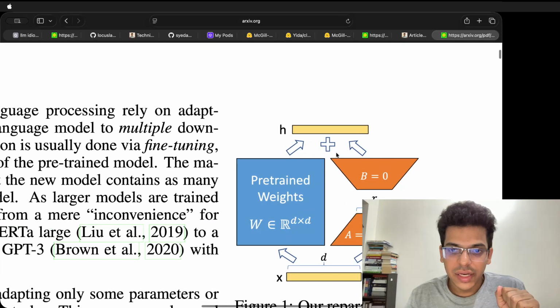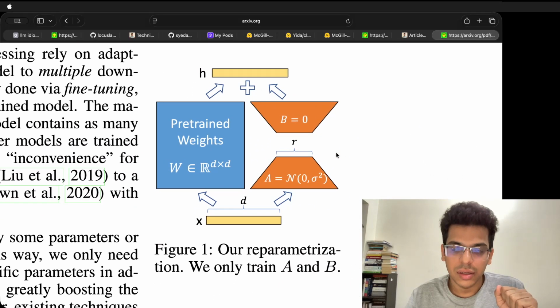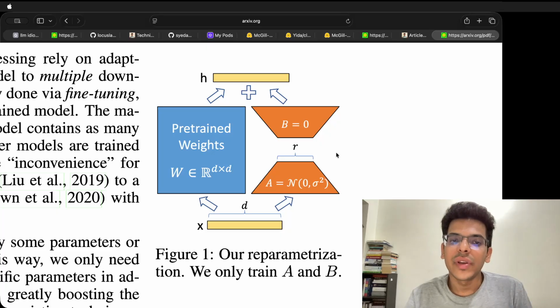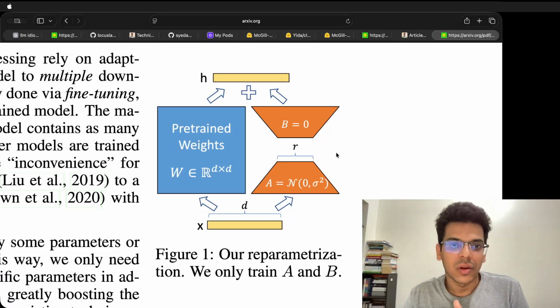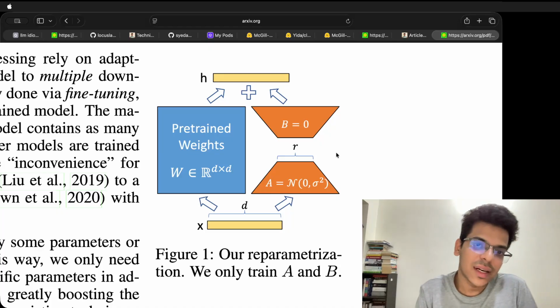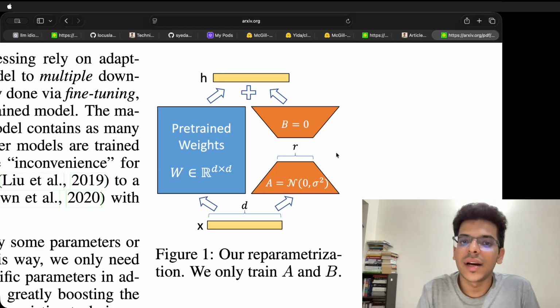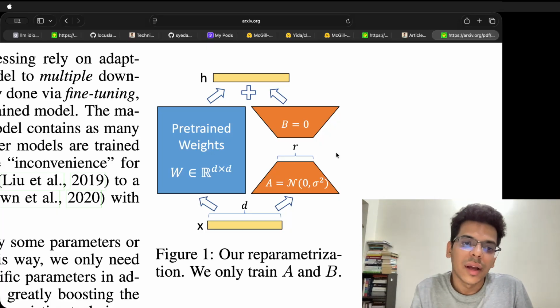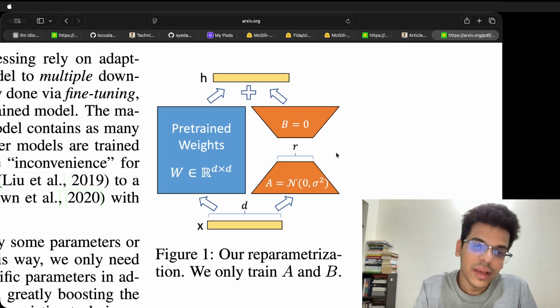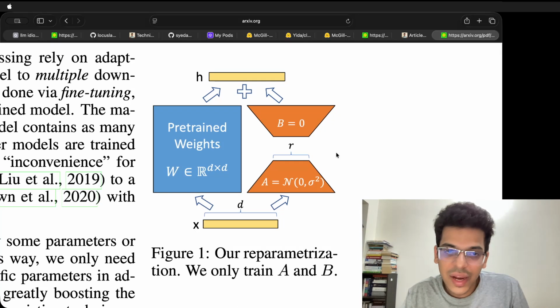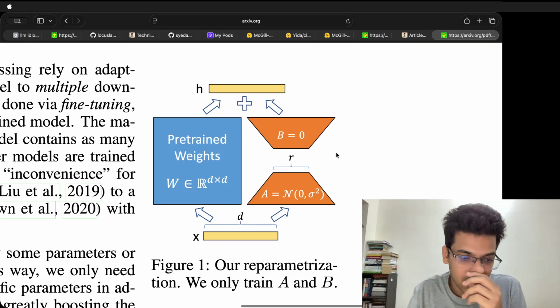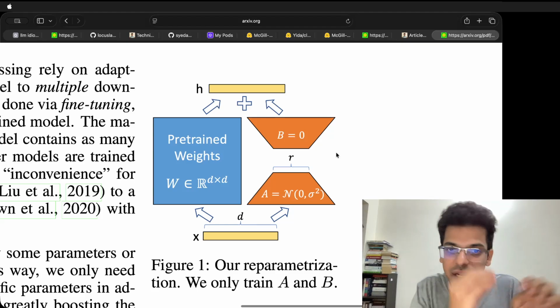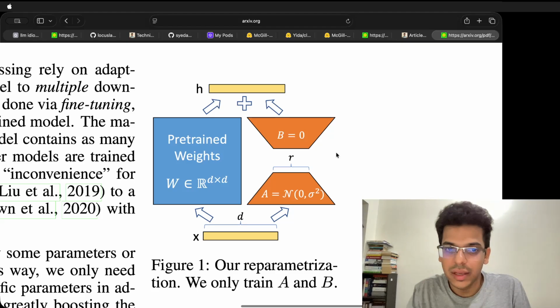So for all the layers that you have in your language model or any transformer based model, we select specific layers. For transformer models, we usually select layers which are in the attention block, which correspond to the query projections, key projections, and value projections. These specific aspects, we modify the internals of the specific layers,